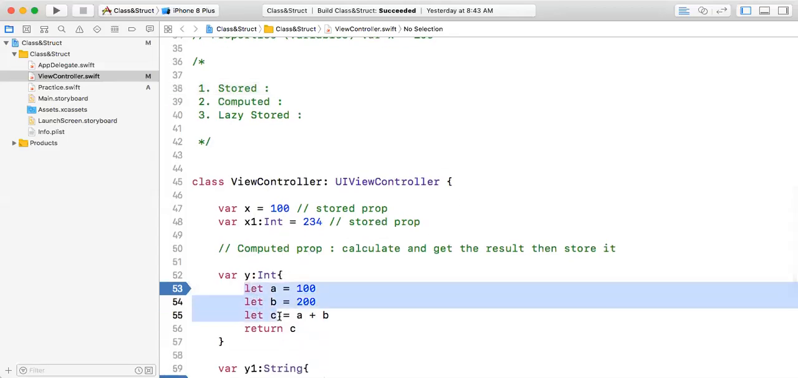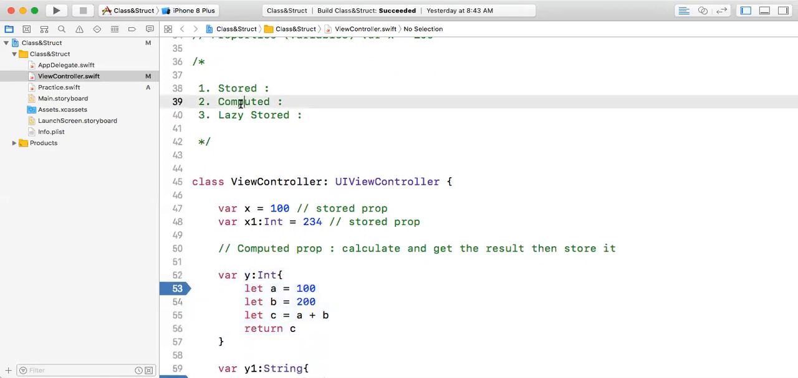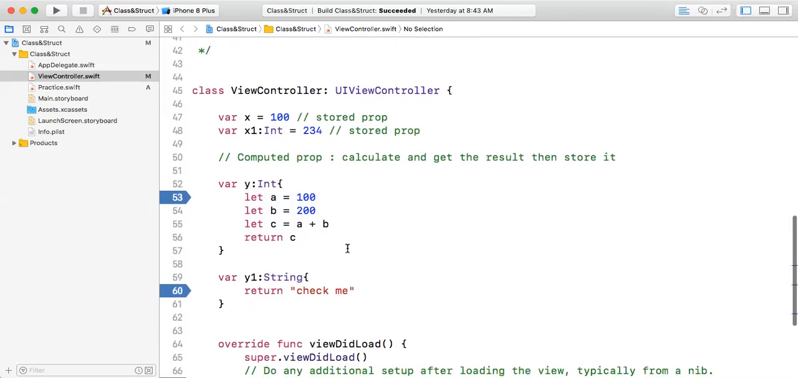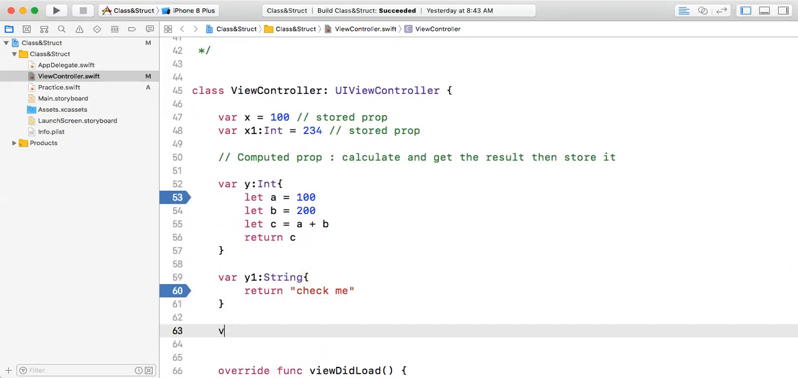I have to calculate the things, I have to give the result. The given result will be stored in the variable, nothing but a computed property. Then the third thing, we have a lazy stored property. When I define a variable and I'm defining some value here, this value maybe I can define here, or this value I may get from